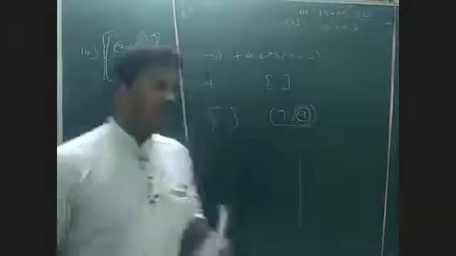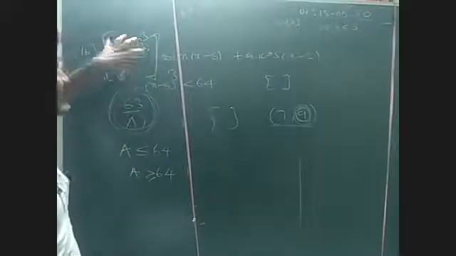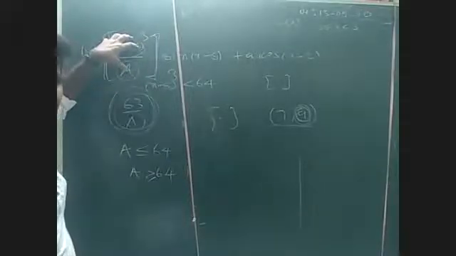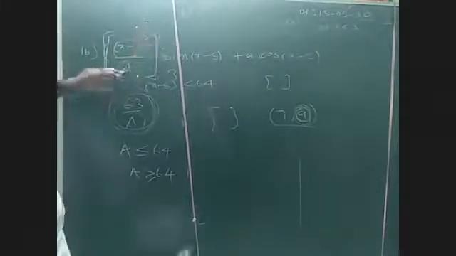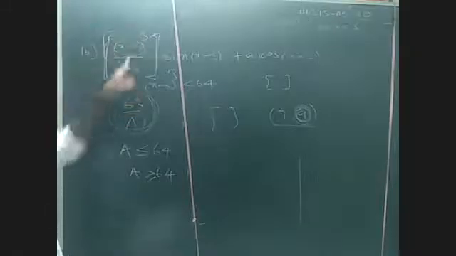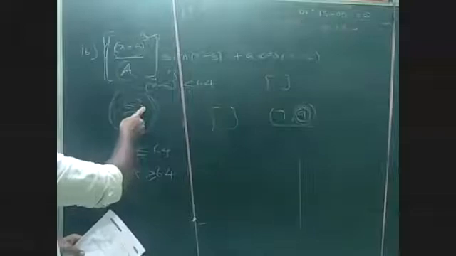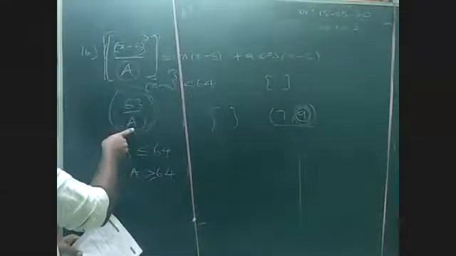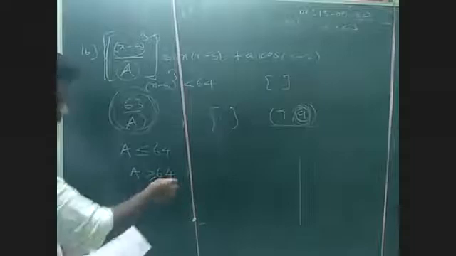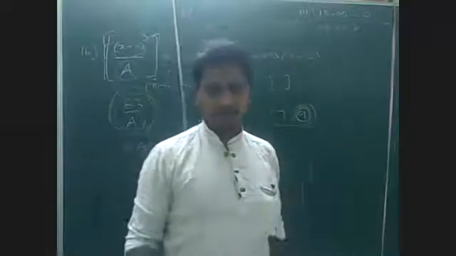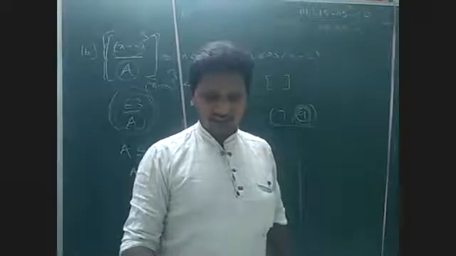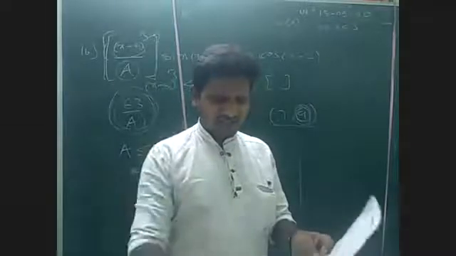Observe carefully. If it is an integer, it is not continuous and differentiable. If it is not an integer, it is always continuous, always differentiable. So to make it not an integer, the maximum value in this interval may be 63. So A must be more than 63, nothing but 64 onwards. So which one of the options is right? The third option is right. Like that you can do the 17th, a very easy question.